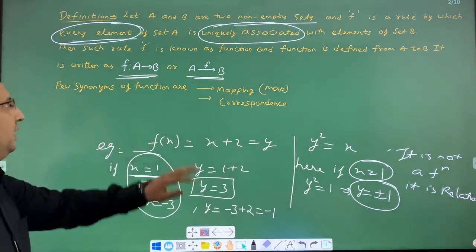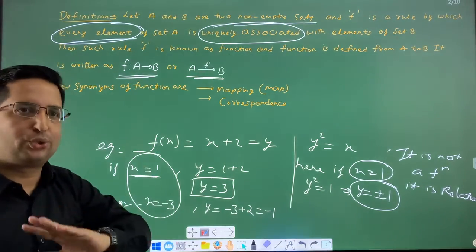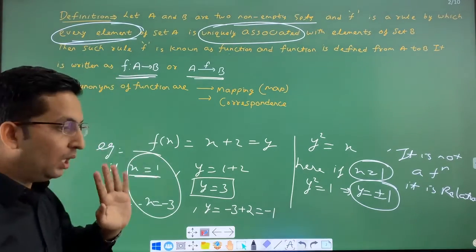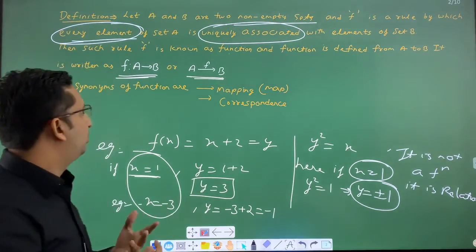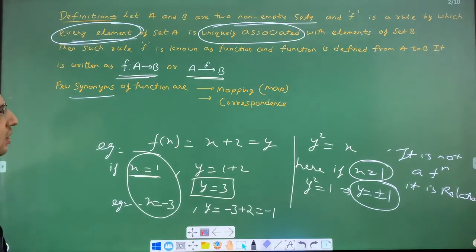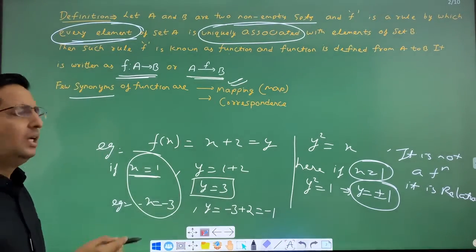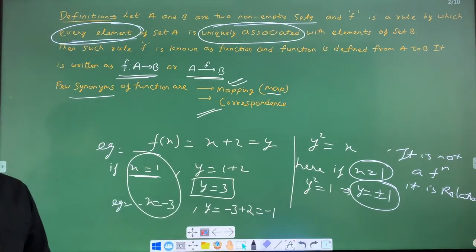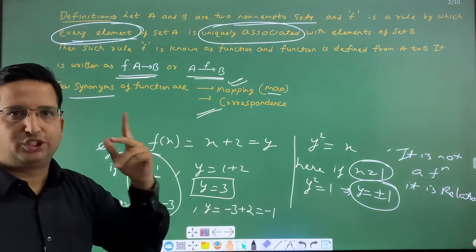So, whenever you see a thing written like this or this, it must be understood that a function is defined from set A to set B. Okay? Function is the word that we mainly use, but a few times we use different words. Here are a few synonyms that we use instead of the word function. Either you can see the word mapping, in short it can be written as map, or the word correspondence. I think I made it clear what a function is.